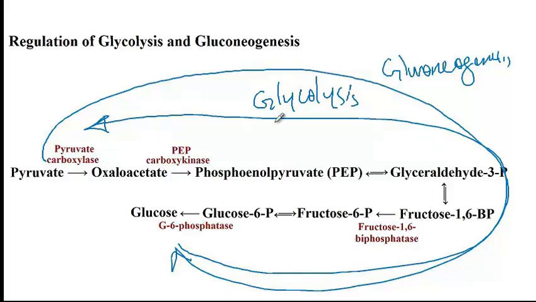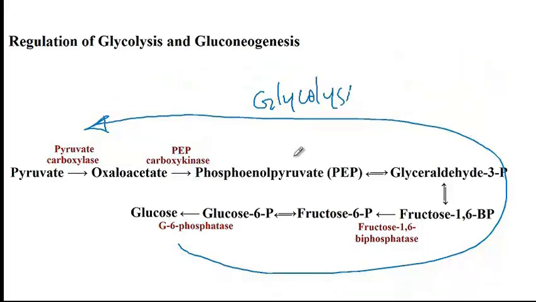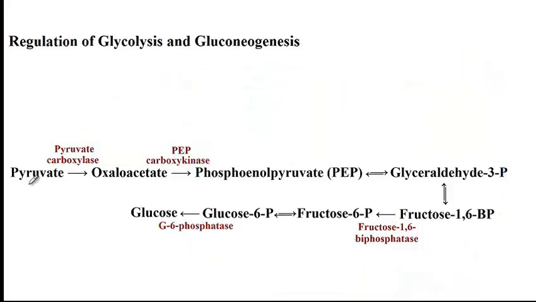So they're exactly in reverse directions, and once one is active, the other should be inactive. Now, for gluconeogenesis to occur from pyruvate back to glucose, some of these glycolytic reactions are reversible, but certain ones are not, and I've listed those here as red enzymes. So here you recall, for glycolysis,